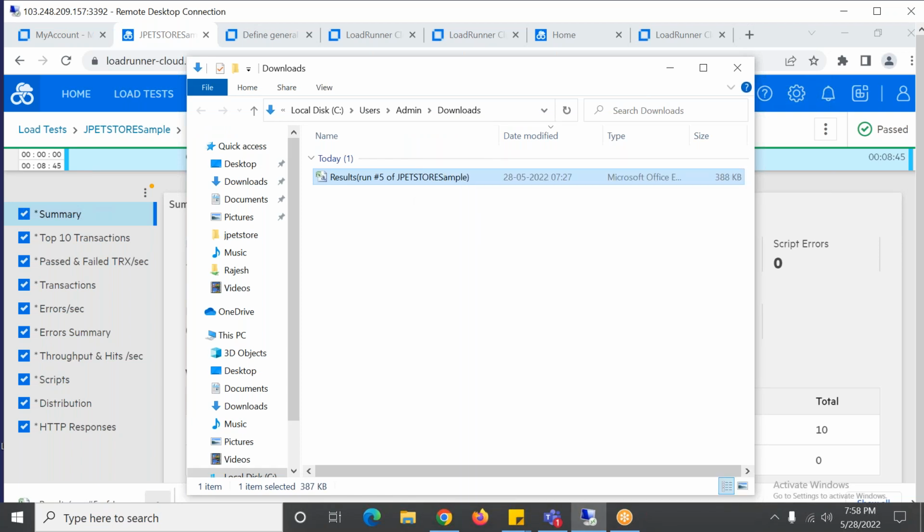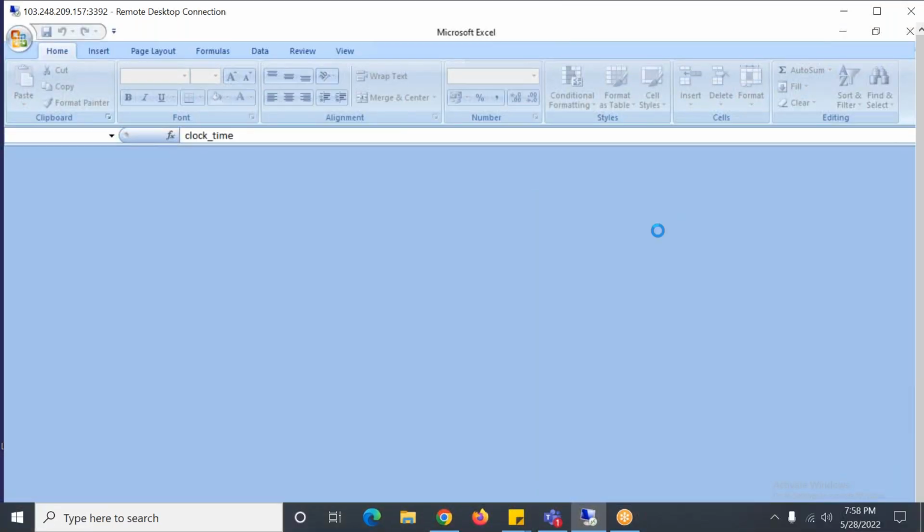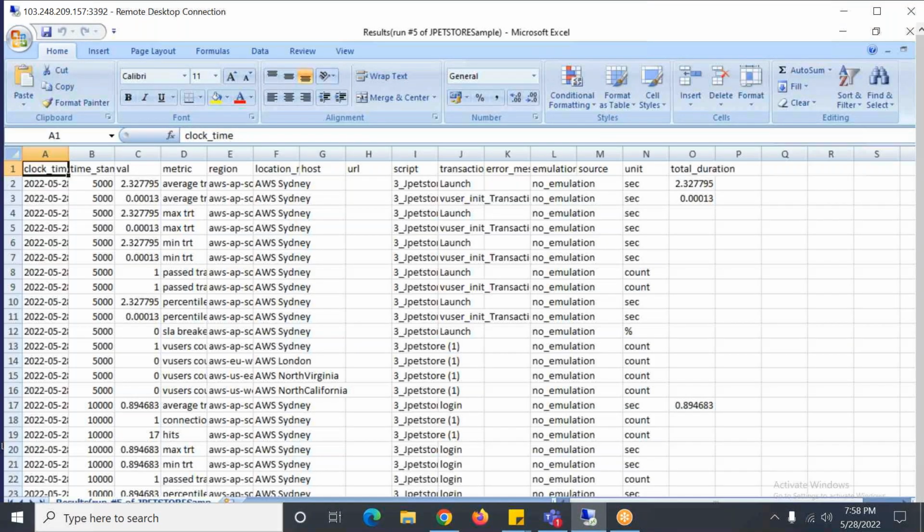For the load generators, we have to connect and check what the capability is, and accordingly design this. But here everything is on cloud. We just give the region and run the test. Some performance improvement will also be there, right, because everyone is looking into the performance, not into the users and hours.